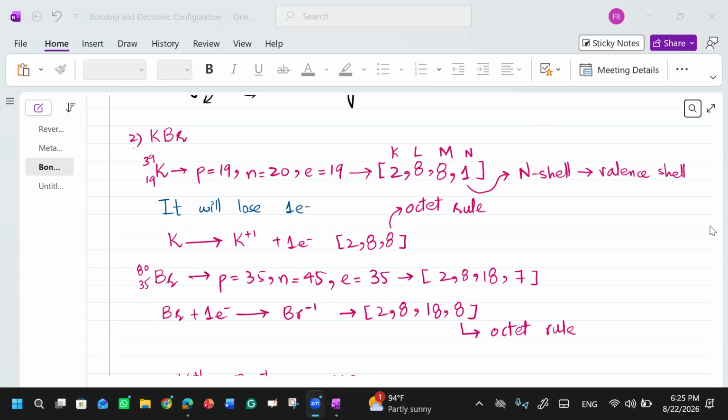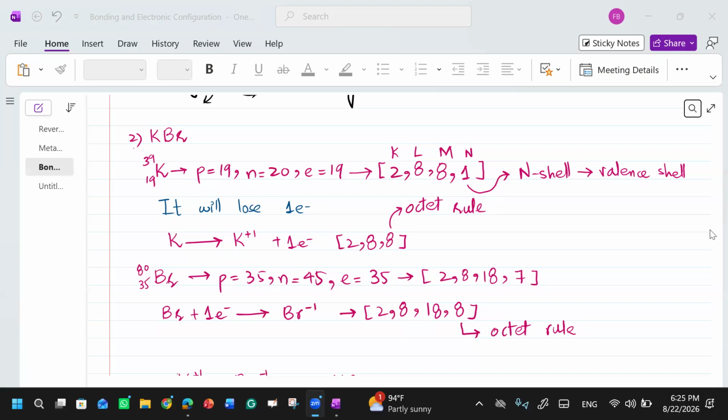Okay, I am saying that in covalent compounds, the elements are from group number four or more: group four, five, six, seven, eight. But we don't talk about group eight because group eight is full, right? They don't participate in bonding. They are noble gases. If we talk about group number four to group number seven, they have four, five, six, and seven electrons in their valence shell, respectively. Like group four has four electrons in the valence shell.